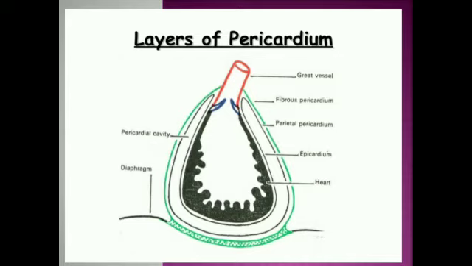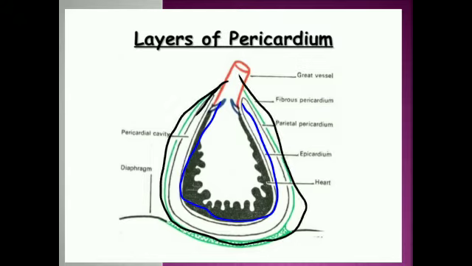Okay, this is one more diagram to be drawn, see how it is drawn. See what you're looking at here. This is the heart. It is covered by, you can see, the outer cover there. This is the fibrous pericardium that you're looking at. Inside, what you're seeing are the parietal and the visceral pericardium, and this is the heart.